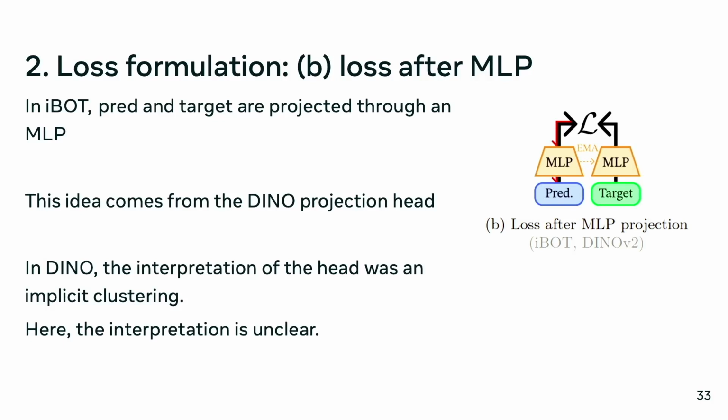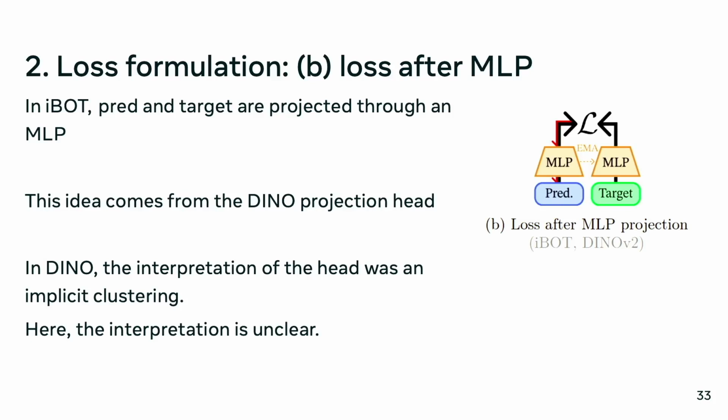They do an MLP projection, and the target is projected by an EMA of the MLP. It's weird. It was inspired by Dino, but I think it's basically they lost the plot, and it was justified in Dino, but here the interpretation is really unclear. I think it's a bit weird. At least if I'm trying to use it, I'm not sure what it's supposed to do,